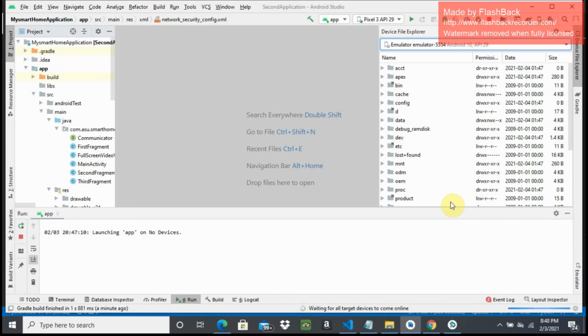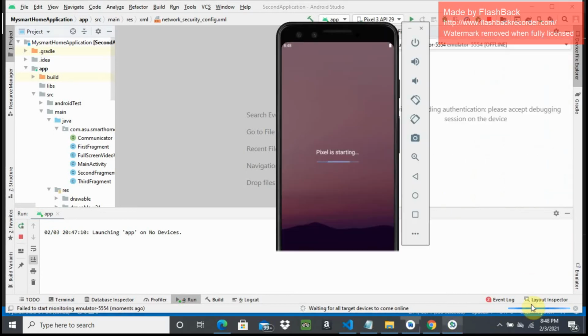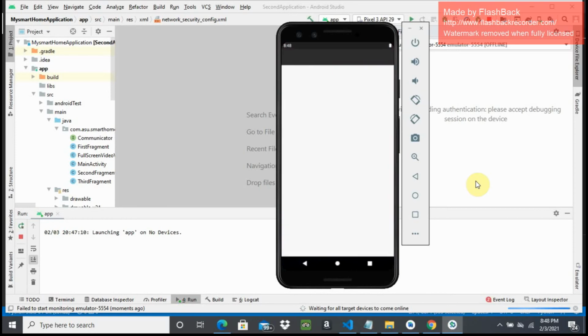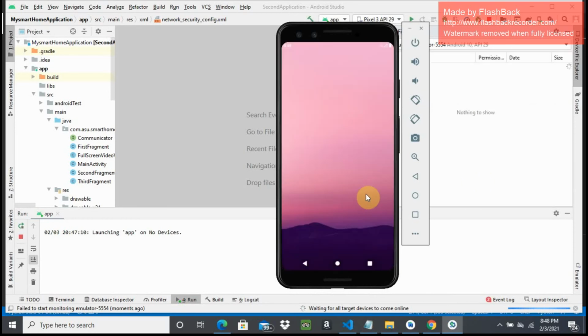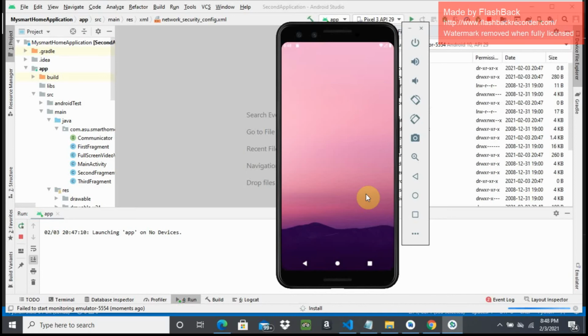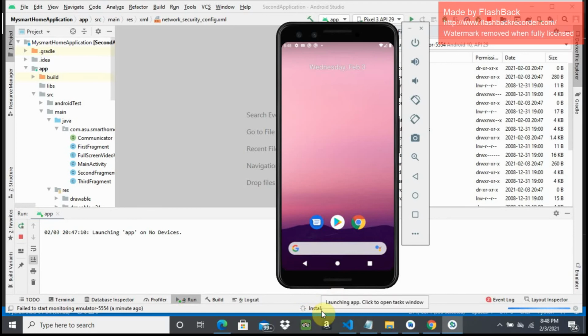While the emulator opens, I would like to let you know that the record button works only for 5 seconds. The recording will be stopped automatically after 5 seconds. While recording, it will also show the status of whether it is recording or not. I'll show you all that in a bit. It looks like it's still installing, so let's wait for that. And this app needs the permissions for camera, storage, and microphone.